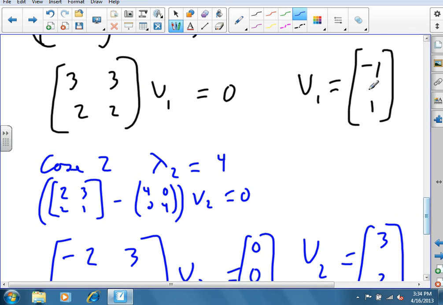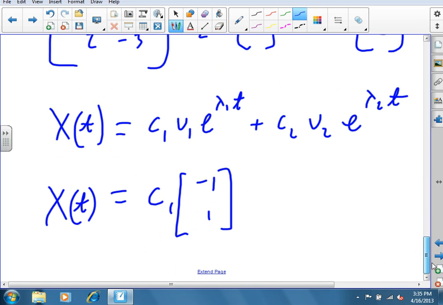So is the vector minus 1, 1 linearly independent from the vector 3, 2? Is there any constant I can multiply this guy by to get that guy? No. Then they're linearly independent. Okay. Now what was lambda 1? Minus, so this would be e to the minus t plus c2, 3, 2,